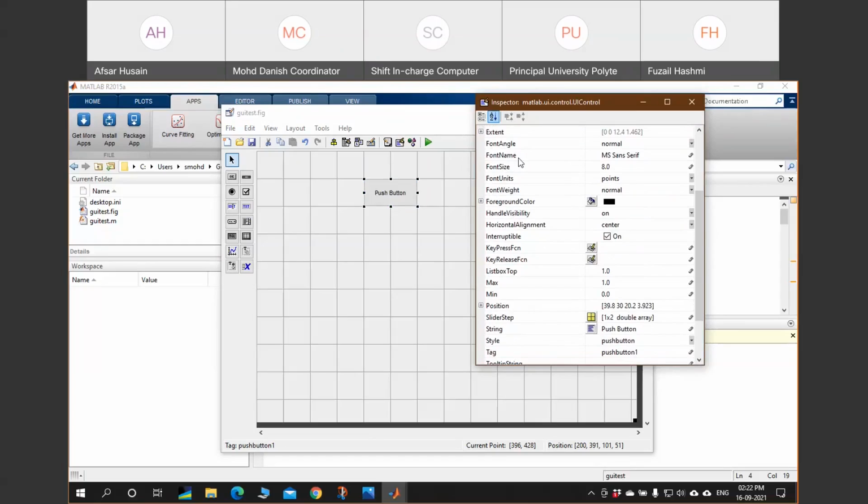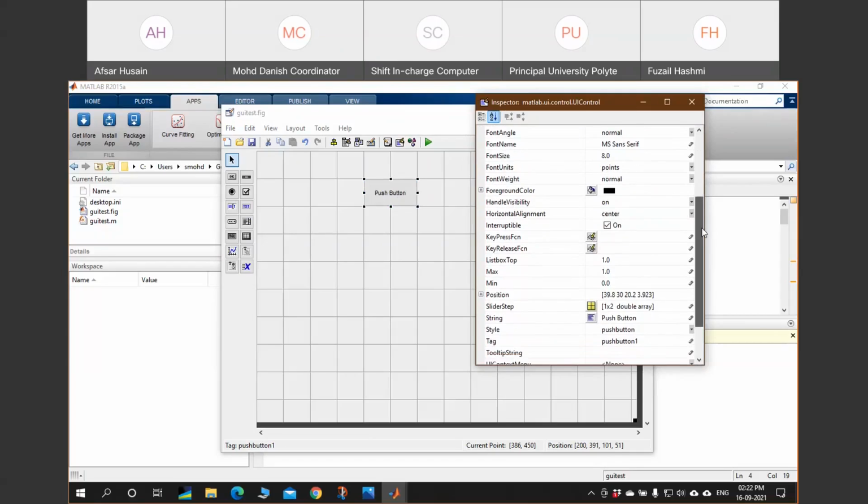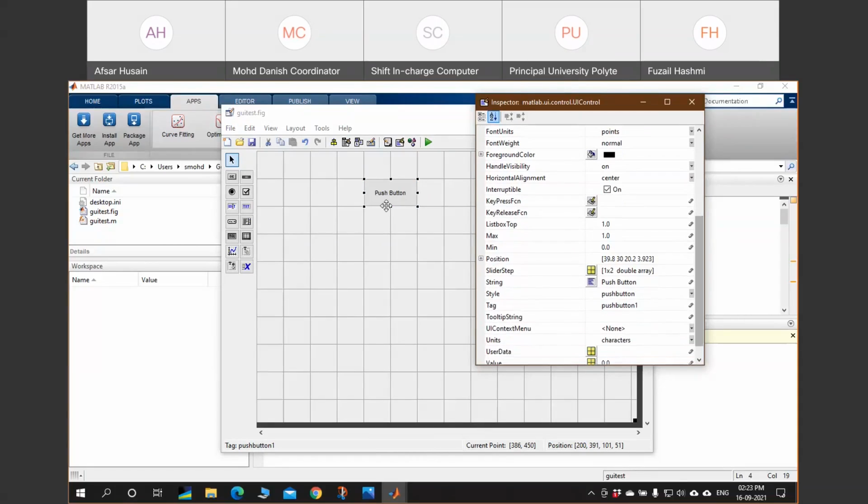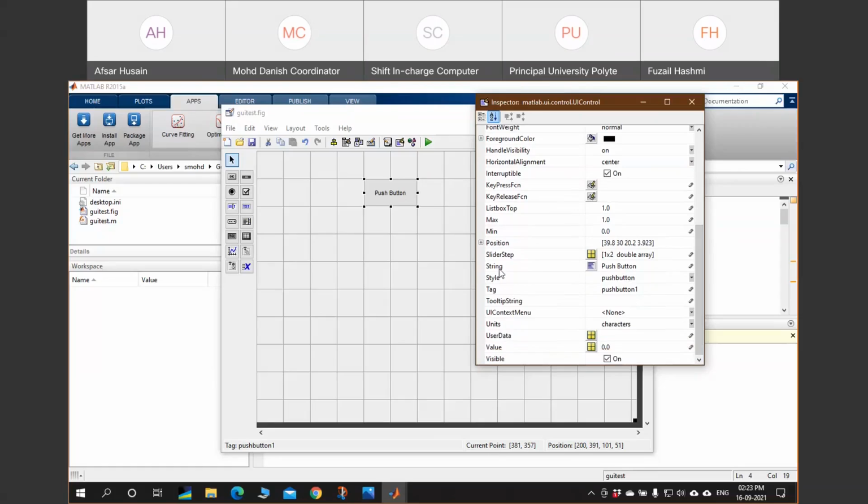There are font name, the font that you want to choose for your button, the font size, font units, where there are various options. And here, this is the important one. You have to name your button. Suppose you are creating a submit button. So once a user clicks submit, whatever information is provided by the user will get submitted.